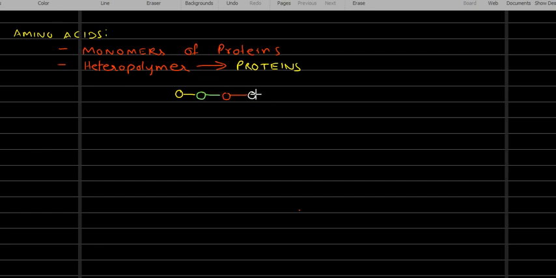They are made by joining different amino acids together. So this particular chain will be referred to as a protein chain or peptide. Peptide is a small